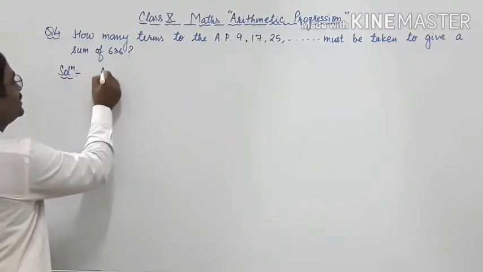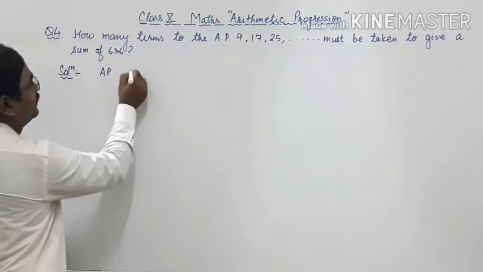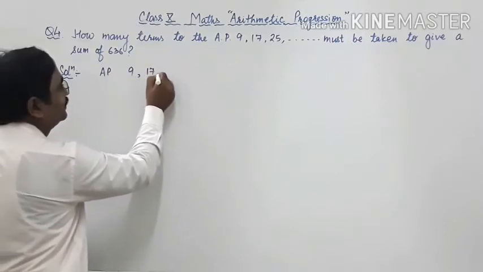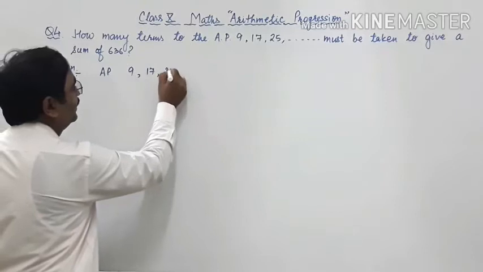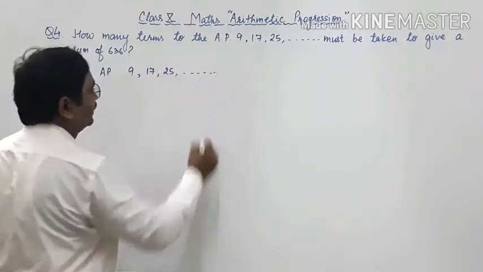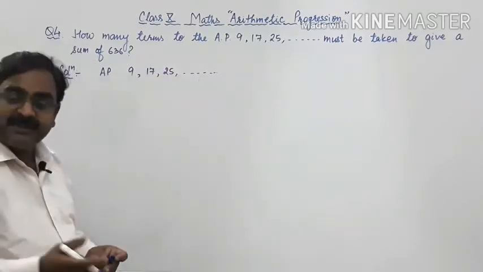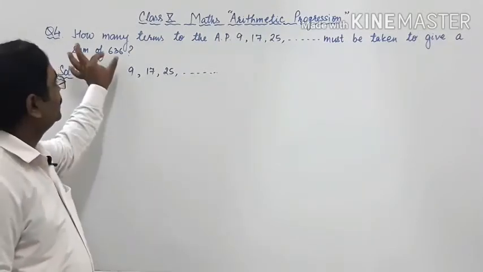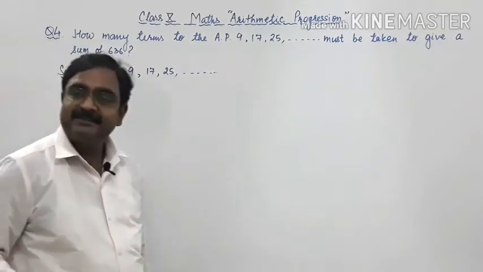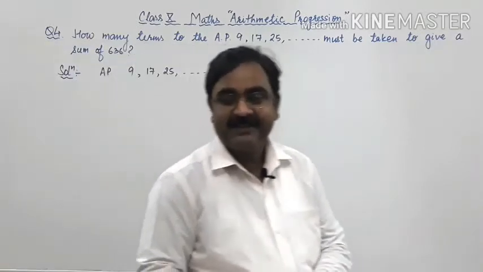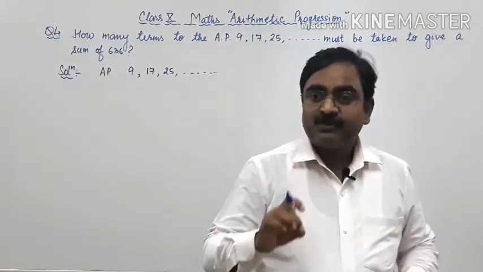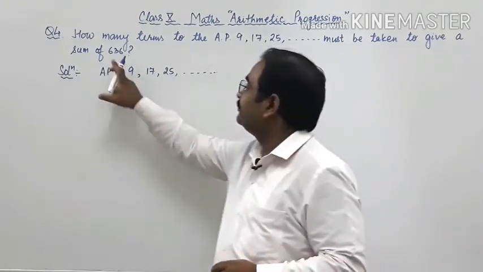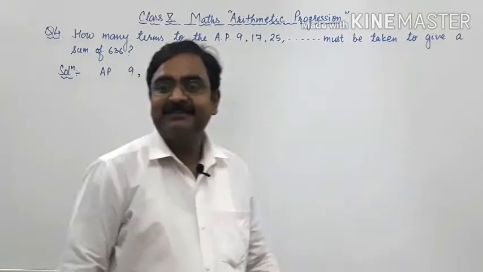Your AP is 9, first term is 9, second term is 17, third term is 25, etc. These terms are given. So the question is saying that how many terms of this series should we add so that their sum will be 636. Okay children, as the sum of n terms is given as 636, we have to